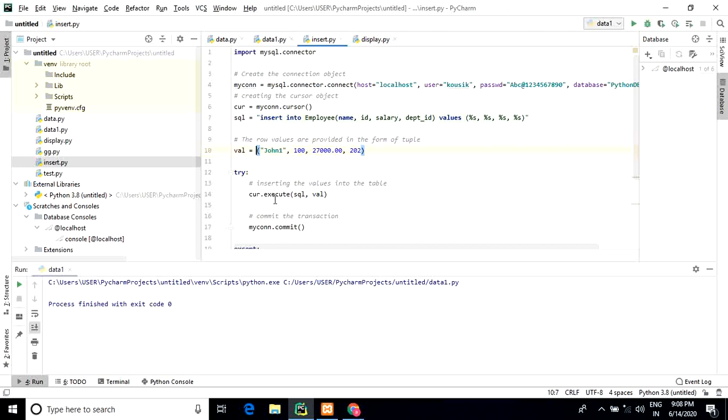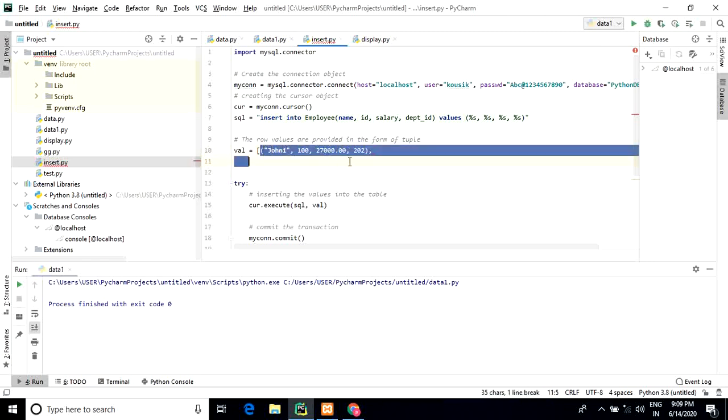If we insert multiple values, just write here third bracket, and use here comma. Next line, you just put the value from here. Next line, you just start from here and put the value. So multiple values can be inserted in that way. Look at it. I'll just try it.